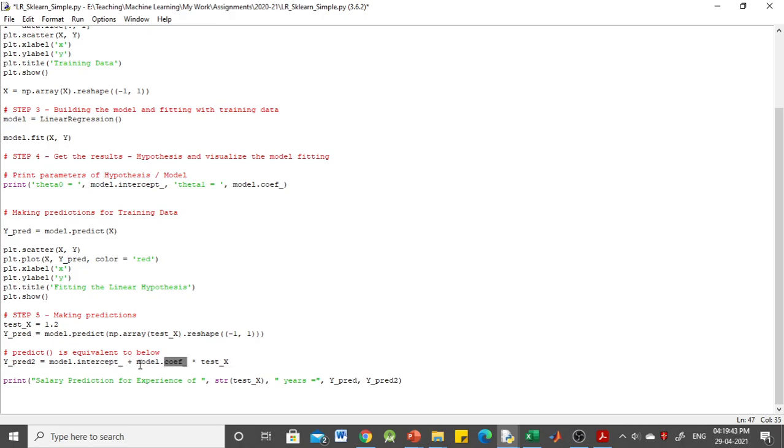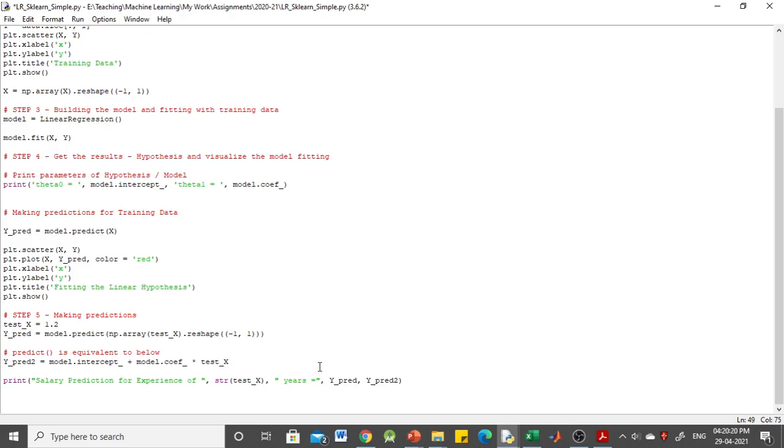Theta 0 plus theta 1 into x will also provide the prediction, the salary or target variable. So there are two different ways we have used for prediction. In the first case we used the predict function. In the second case we used the expression with the identified parameters to predict the salary. Both salaries, predicted by the two different methods, we have printed here.